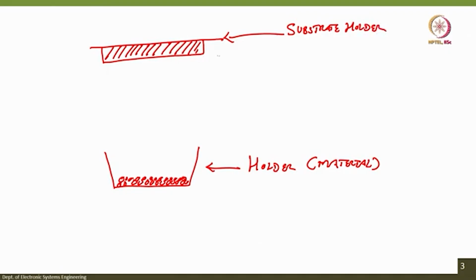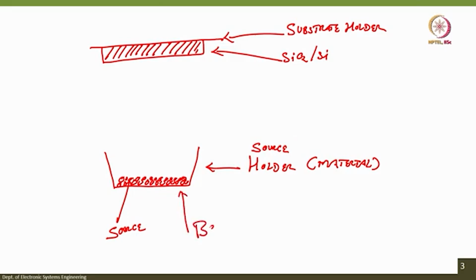Right. What is a substrate? Silicon or an oxidized silicon wafer. And this would be your source, so we can say source holder. Just to make it easier, we call this particular holder a boat. This was easy. You have an oxidized silicon wafer, a substrate holder, and a source holder or a boat. Instead of a boat, we can also have